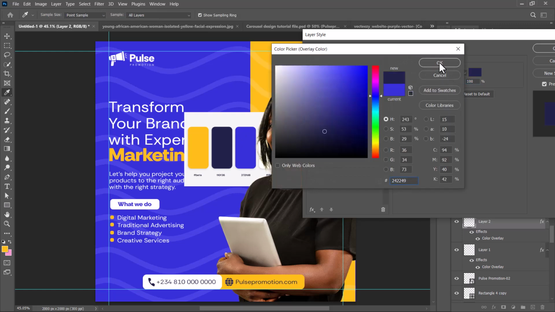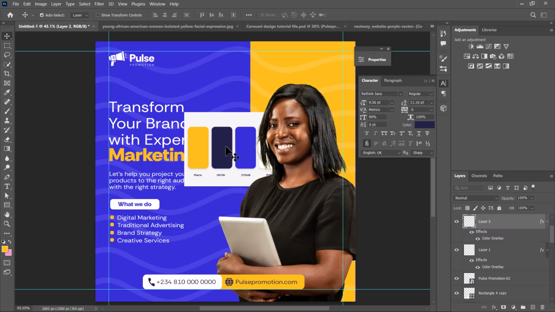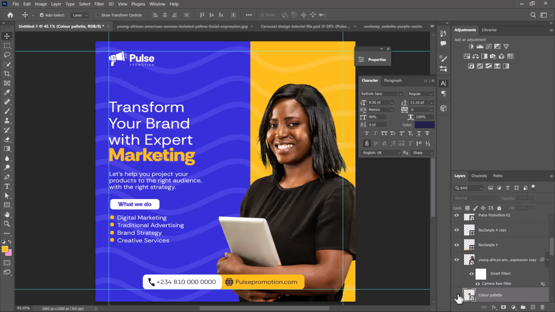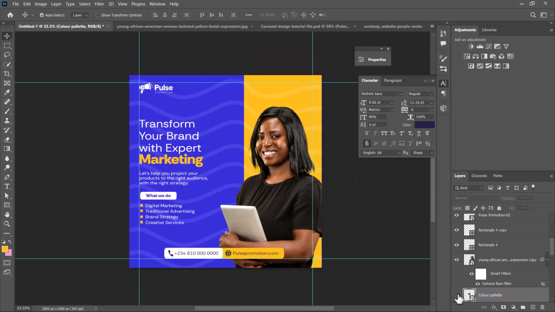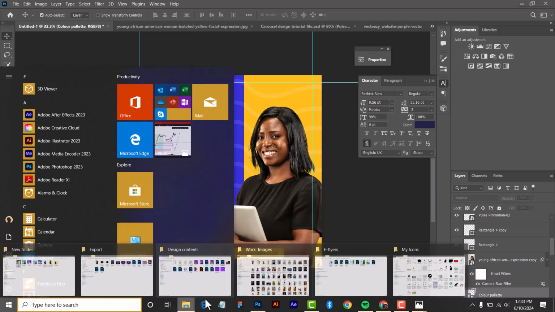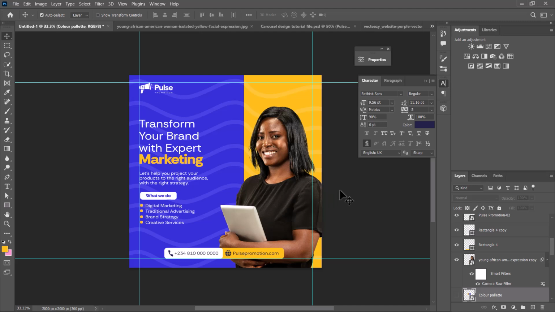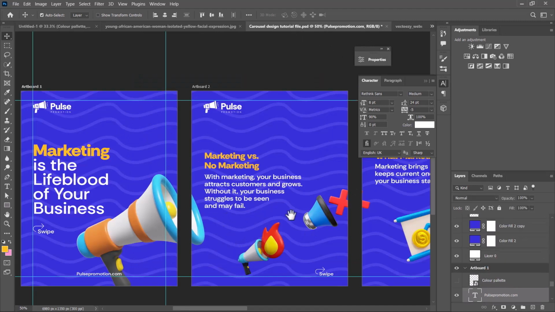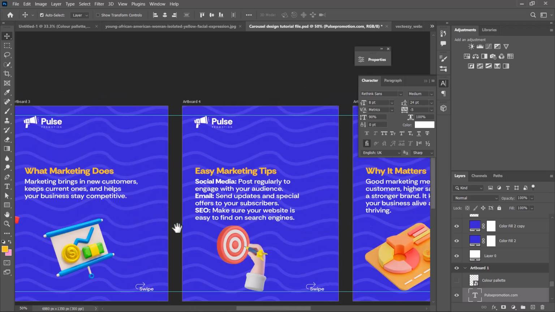So let's leave it like this. So this is given. Now turn off our color palettes stuff. So now this is what I have. When you're working, you can still add one or two things. Let me use one of those icons I used while I was working on our carousel. Let me just click from the carousel design here, and let me scroll through